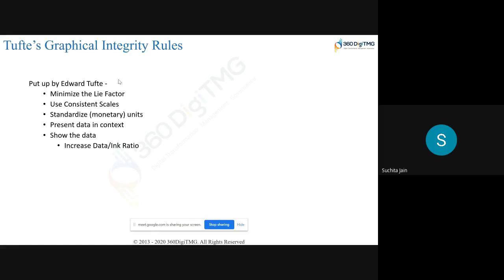So as a data visualizer, your responsibility is to understand not only the data, but for which region you are trying to present your information. Okay, so that's why minimize the lie factor. And now another example I'll give you. We all know we are in the midst of the COVID situation. So if I show you a graphical representation where the COVID cases are going up. Okay,